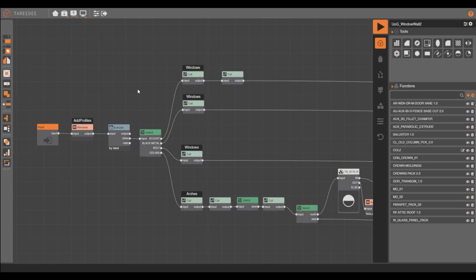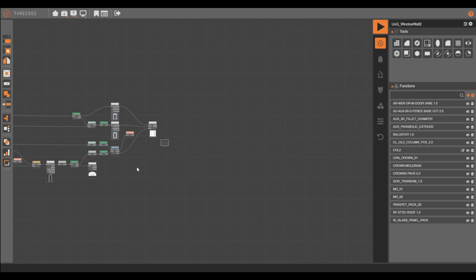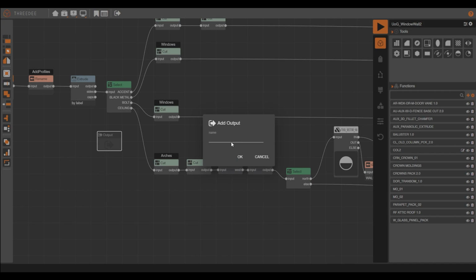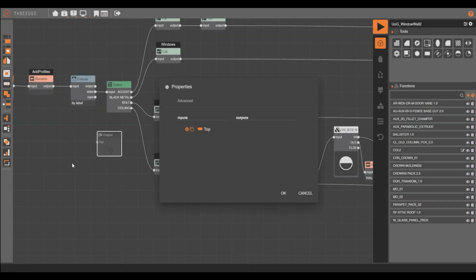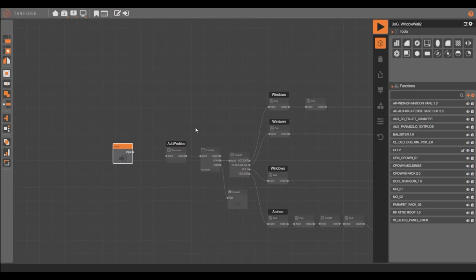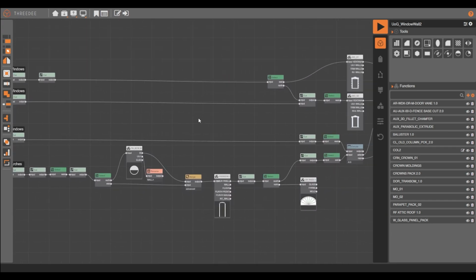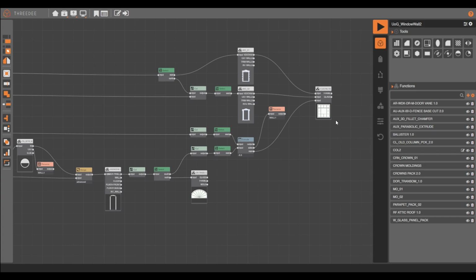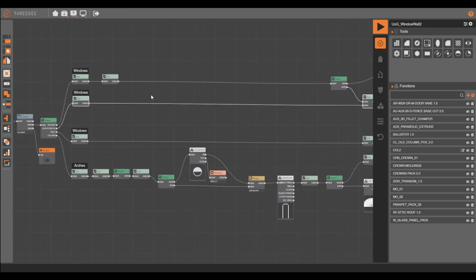However, as we need to carry on working on top of this building in the main project for one section in particular, we will create an output node, which we will call top, and we will connect it to the first extrude. This way, we will be able to work on top of the geometry once the function is imported into the